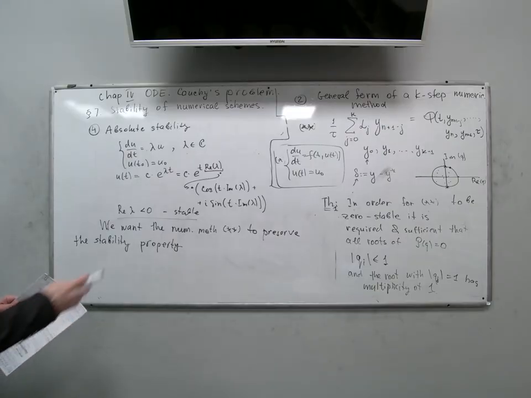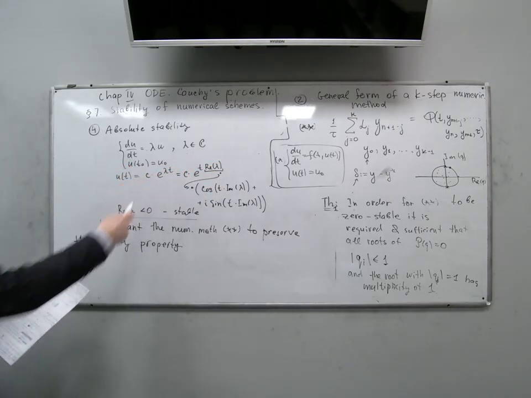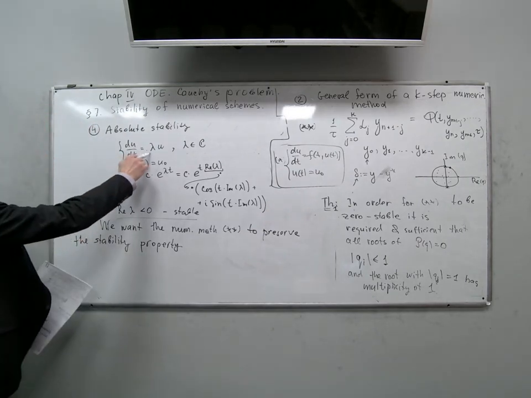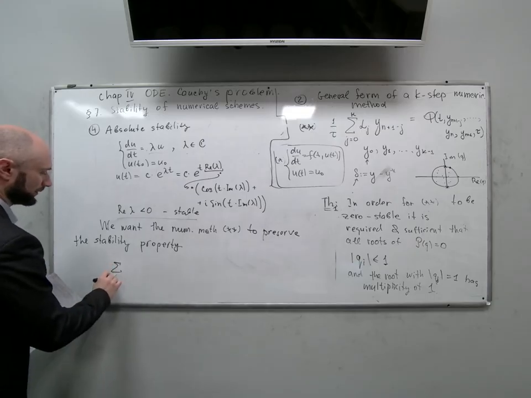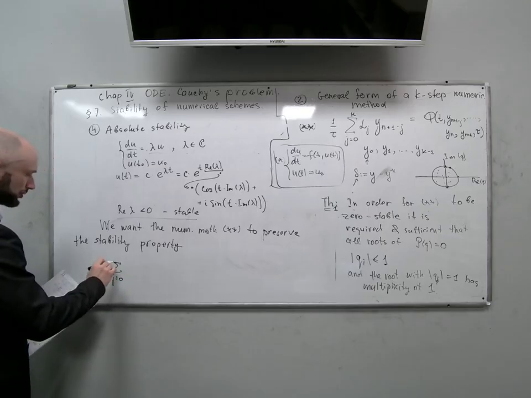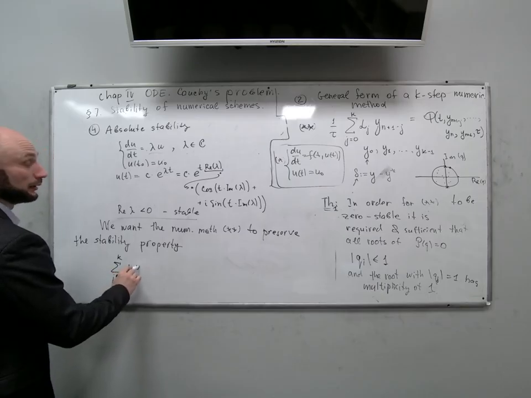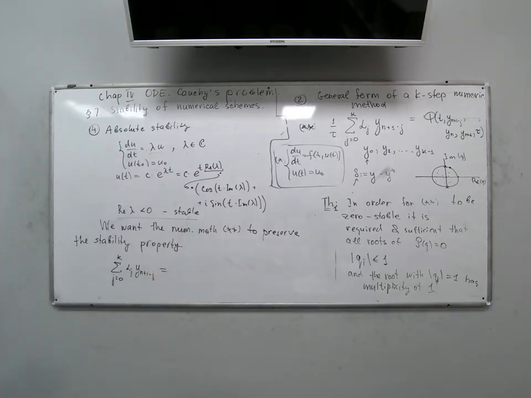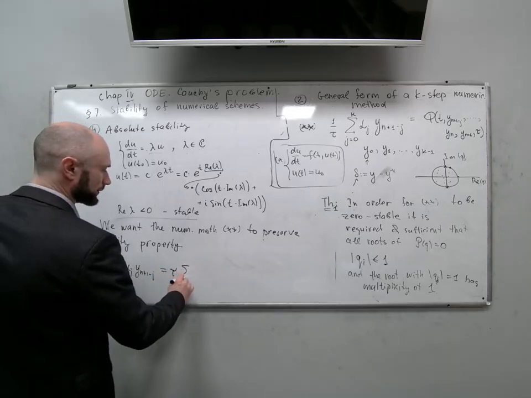Okay, so let us formulate our numerical method for this particular case. Let's rewrite this expression 2 stars for this particular case when our right hand side has this form. What are we going to get? We have the sum over j from 0 to k, alpha j, y n plus 1 minus j, equals to what? Tau. And here comes